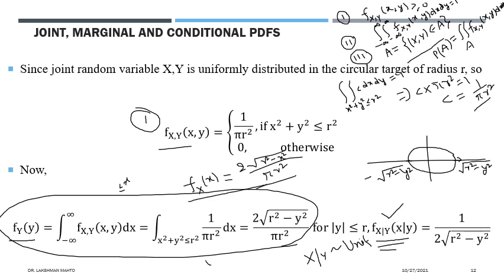Similarly, we can establish that the conditional distribution of y given x would also be uniformly distributed. There is a relation here: the kind of nature the joint distribution has, similar nature is shared by the conditional distribution as well. Here we know that the joint distribution is uniform, that means constant in the specified region, so the conditional distribution has similar nature as well.